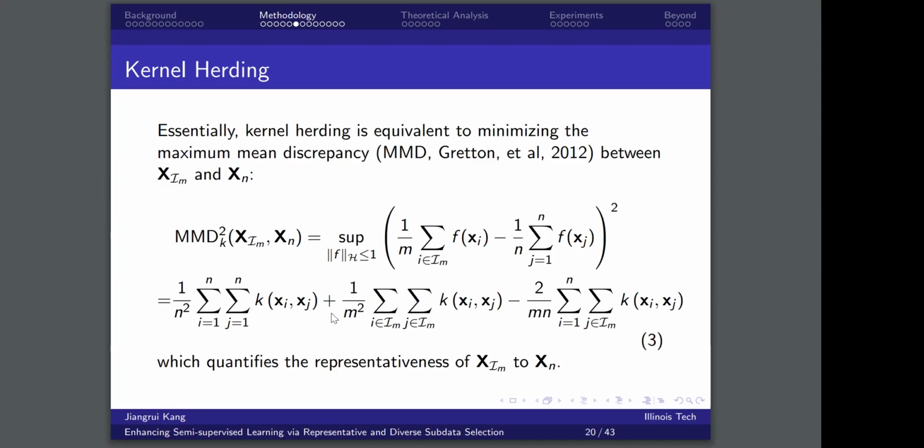And essentially, this method is equivalent to minimizing the maximum mean discrepancy, which is defined by this. It looks very ugly, but take a look at this. It's essentially measuring the mean of f(x) over the subdata, and the mean of f(x) where x are from the full dataset. So it's measuring the distance of the two functions in this functional space H, and to minimize its supremum,